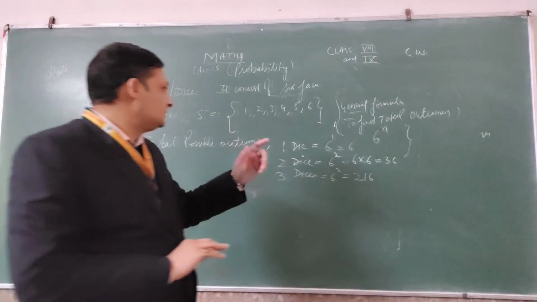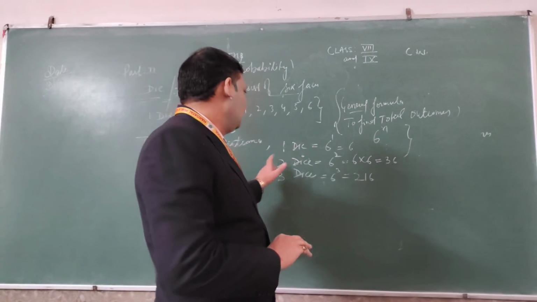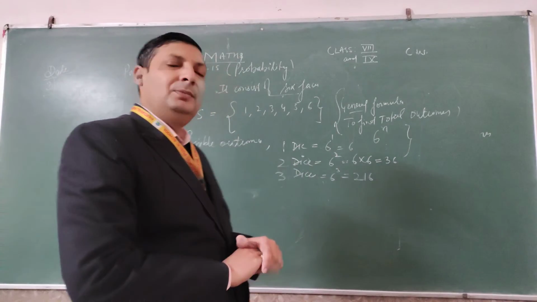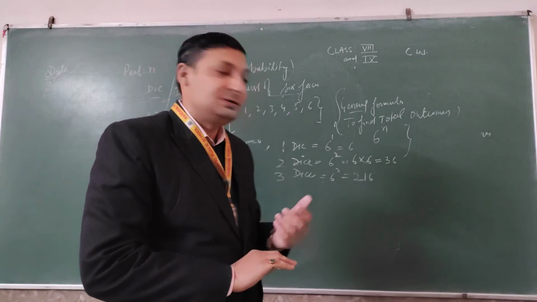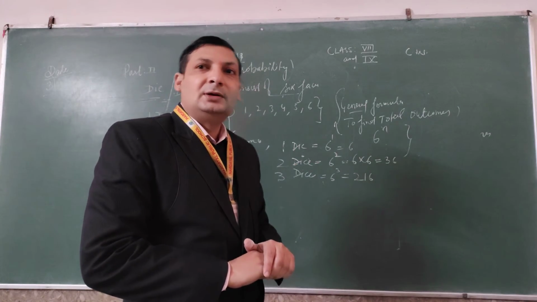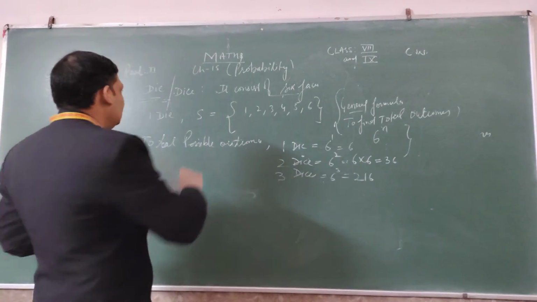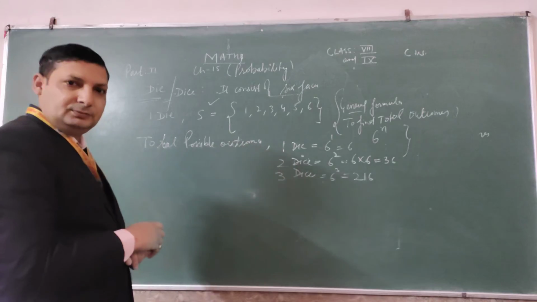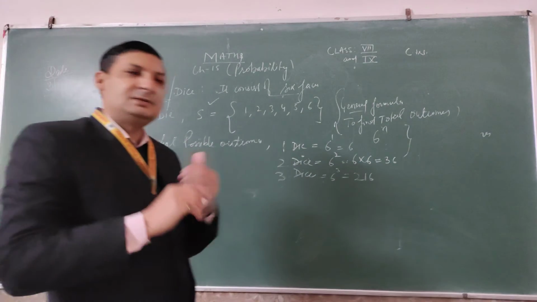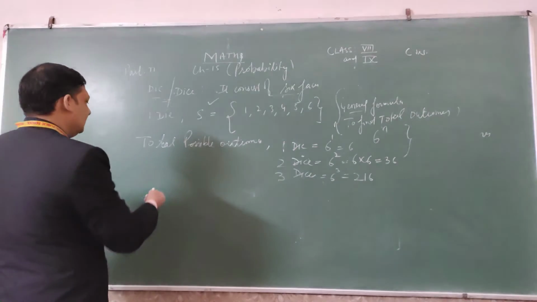When we toss one die, we get total possible outcomes 6. When we toss two dice, the possible outcomes will be 36. When we toss 3 dice, for higher classes, we get total possible outcomes 216. Now we have to write the sample space for this. For one die we have already written it. So first we will discuss questions on one die, then two dice, and I will make different questions here.